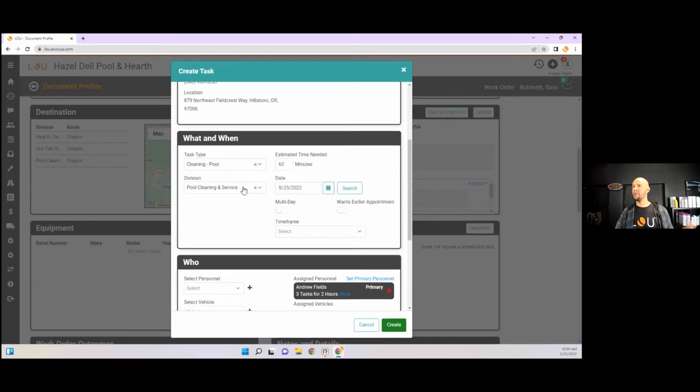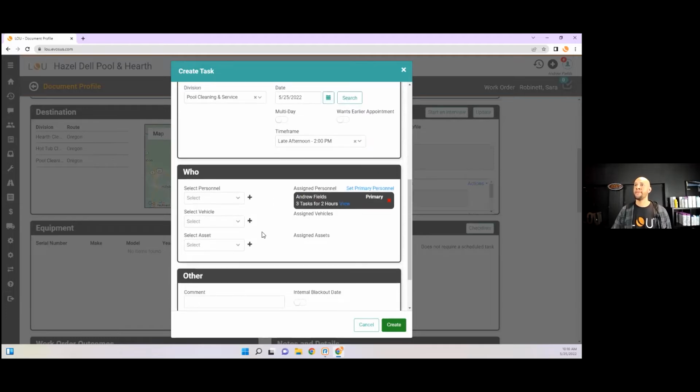And now this is when you can see all the what's and when. So we're doing a cleaning of the pool. We've got our pool cleaning and service division out there. This is a 60-minute task for today's date. And then we'll choose our time frame, maybe a late afternoon. And then for here, we're going to select our vehicle. So you can see that I've been pre-populated as a personnel. I've got 3 tasks for 2 hours today. But what we're going to want to do is get the pool service van